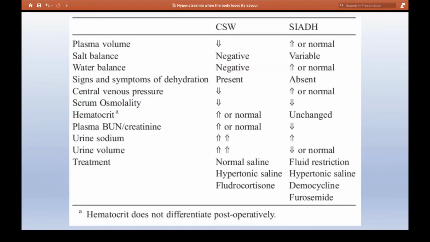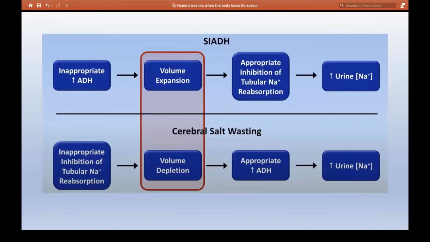Both cerebral salt wasting and SIADH will have low serum osmolality, but the excretion or loss of sodium in urine is greater in cerebral salt wasting compared to SIADH. And there will be more and more urine produced, whereas in SIADH, the urine production will be less or normal. So you see that you compare